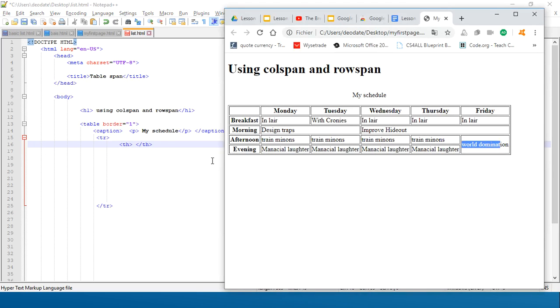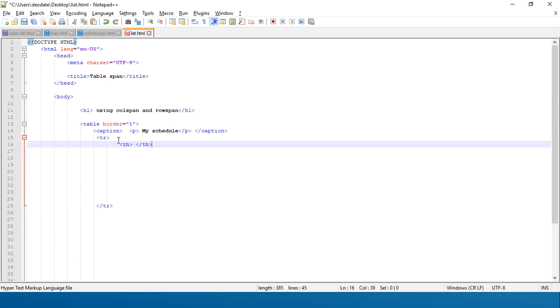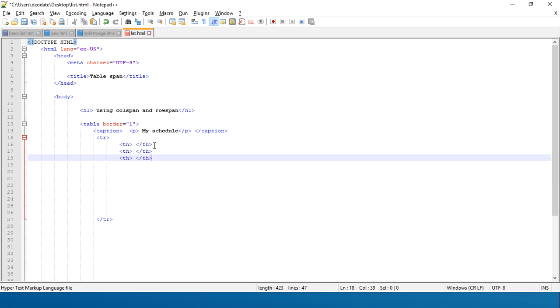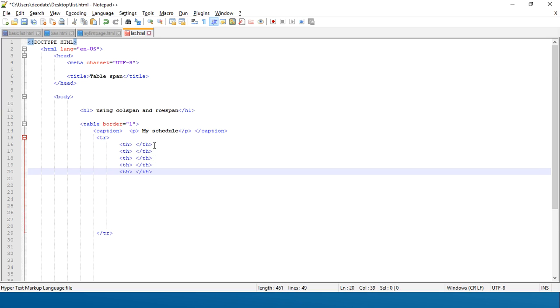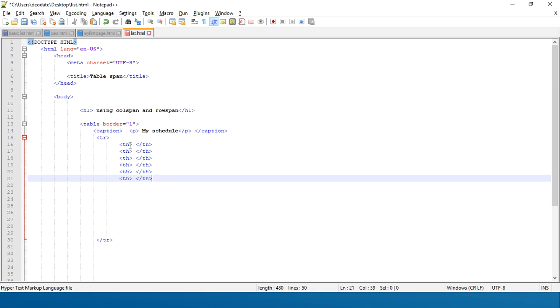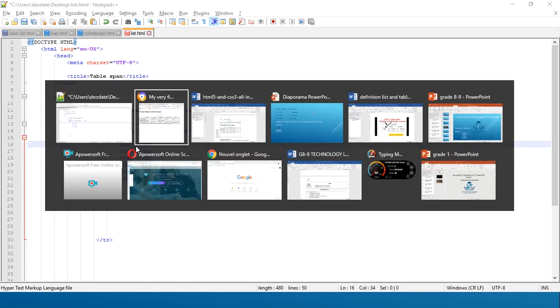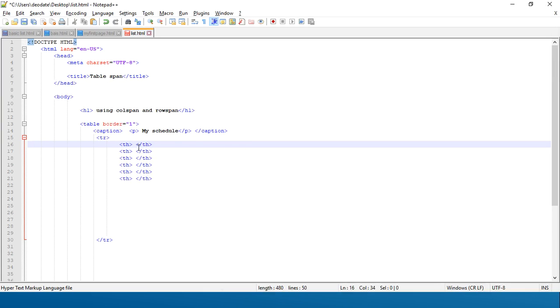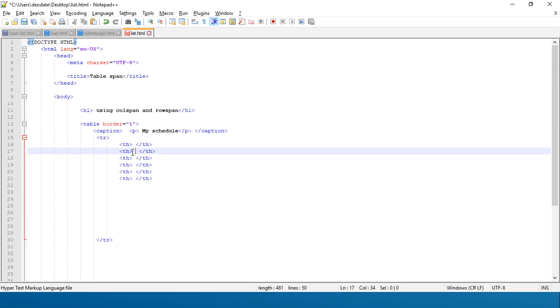and there are 6 of them, as you can see. From here to there, there are 6 columns, so we are going to make 6 of them. I'm just copying, and I'm going to paste 6 times. 2, 3, 4, 5, 6. The first cell, as I said, is empty, so we're not going to write anything. We start here,